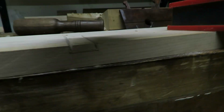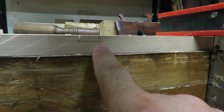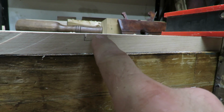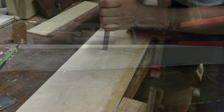All right, guys, so I got the ends cut. You can see I got nice bevels right here. And now the only thing to do is to chop out the waste of all of this. And that's just gonna be done like normal with a chisel. And then we'll clean it up with a router plane,